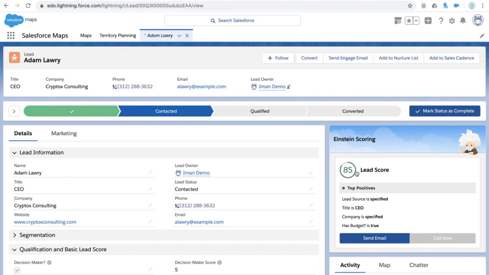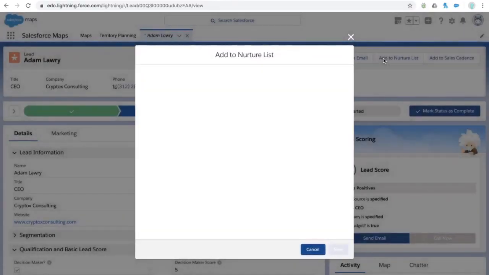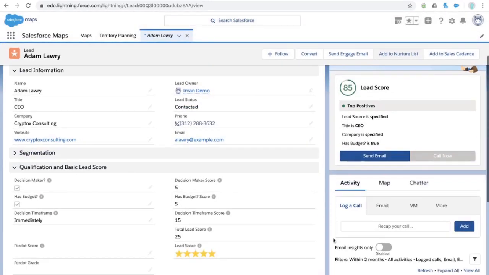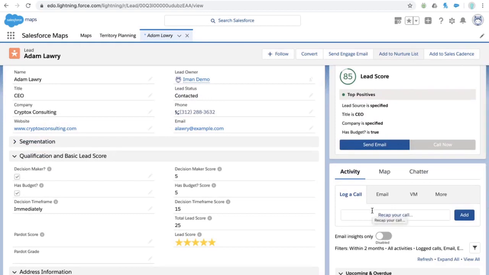So one score is Salesforce scores it for you. You really don't configure it at all. And the other one is their behavior. So maybe I call Adam, and now's not a good time, and so I put him in a nurture list, right? And he goes, we've already got something here, call me back in 30 days, 90 days, 60 days. Okay. And I could put a little reminder to call him back in 30 days. That's not a big deal. But should I really wait 30 days? Should I really wait 60 or 90 days? What if all of a sudden Adam starts opening emails, clicking links, going to our web forms, downloading pages?